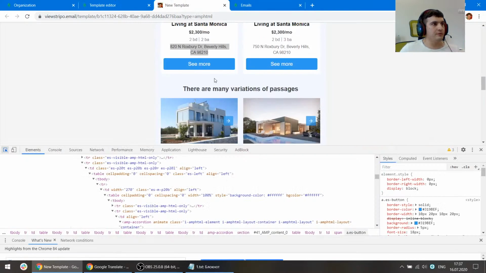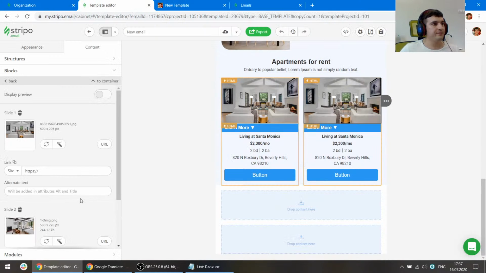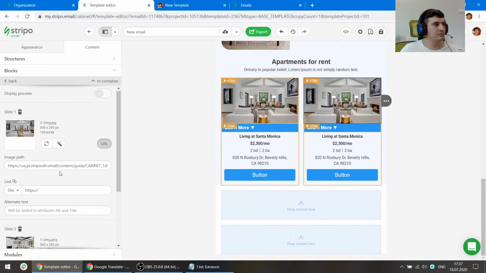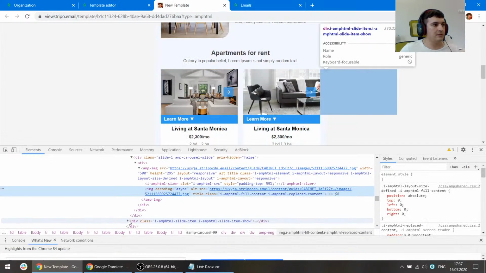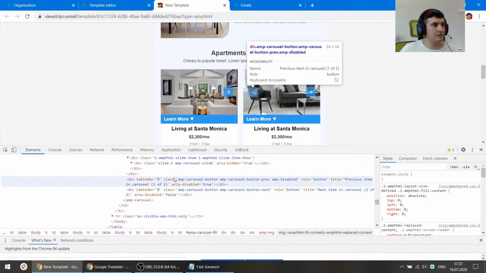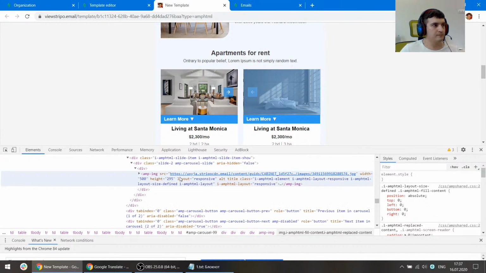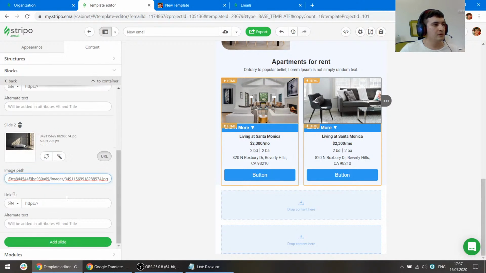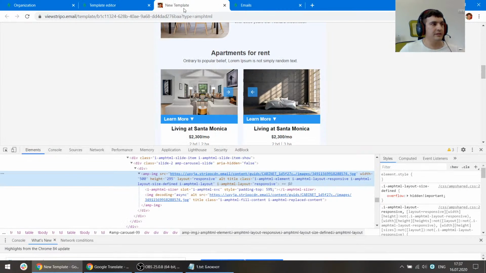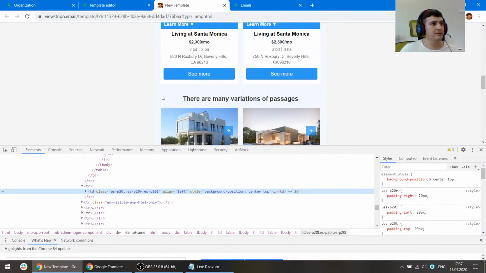So we can also change the images for this block this way, and the next one. This way. Okay, so now we recreated the same design and can move to the next element, which is just